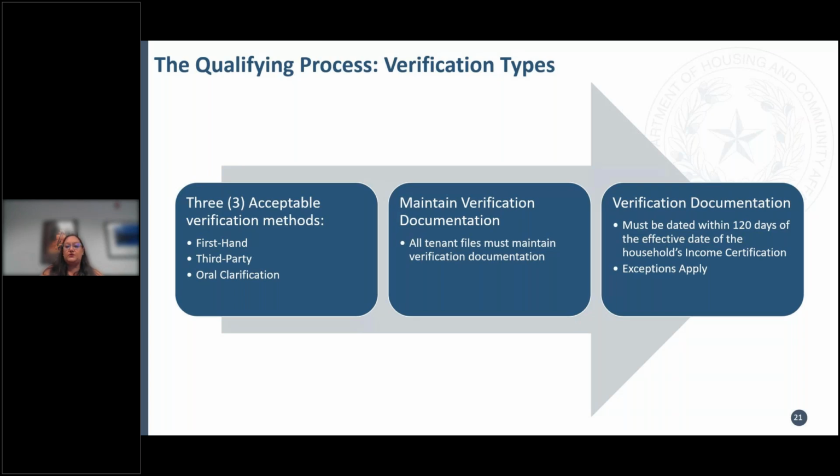If they have Social Security, and not disability or supplemental Social Security, but just plain old Social Security where they get the same amount every month for a year, regardless of changes, you would be able to use that letter they got in November for the upcoming year for that. If they have, for example, teachers' retirement, and it is a lifetime benefit, and they get a letter when they start to receive that lifetime benefit, you could use that. You would want to clarify whether or not there have been any COLA increases or cost of living adjustments. But that would be an instance where you might have an older verification that's outside of that 120 days.